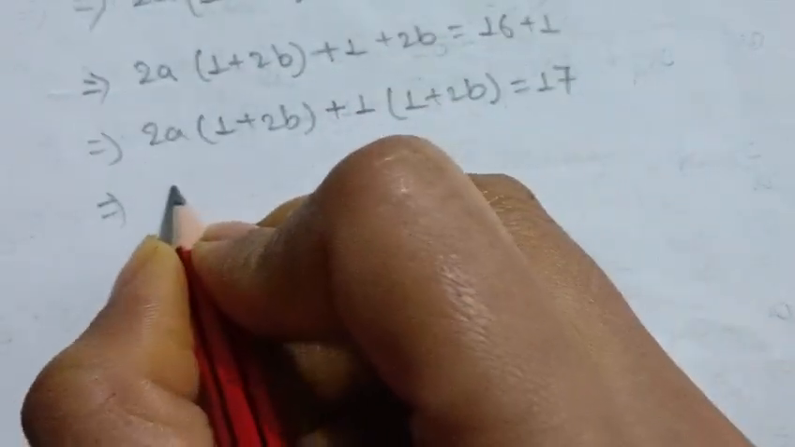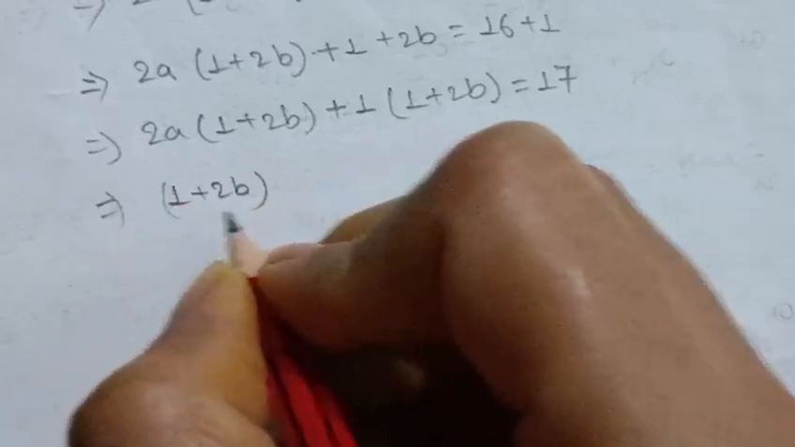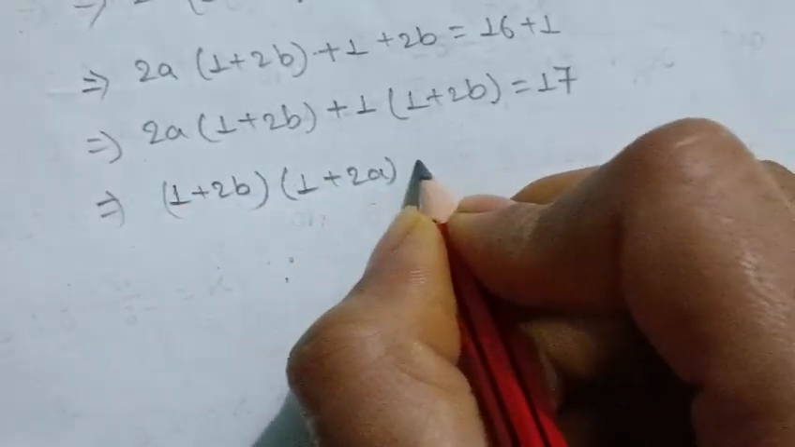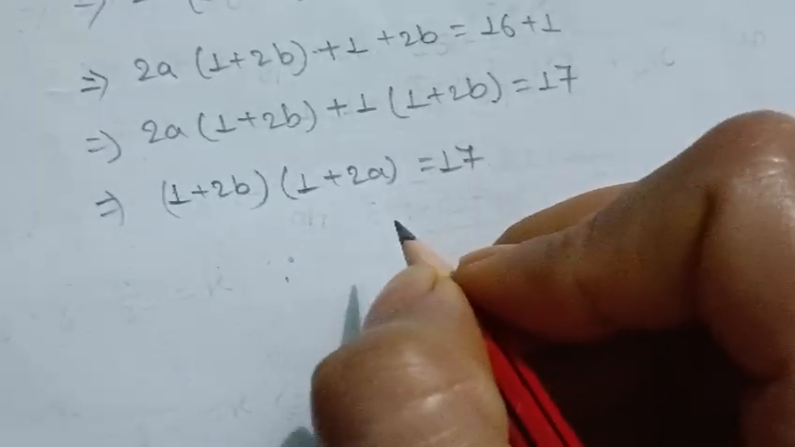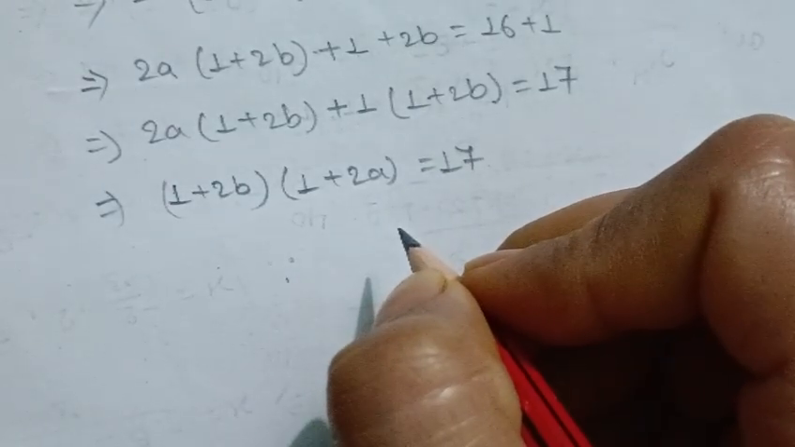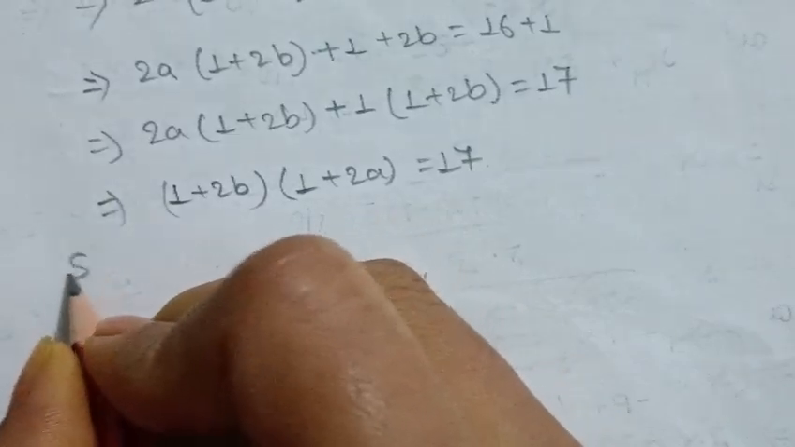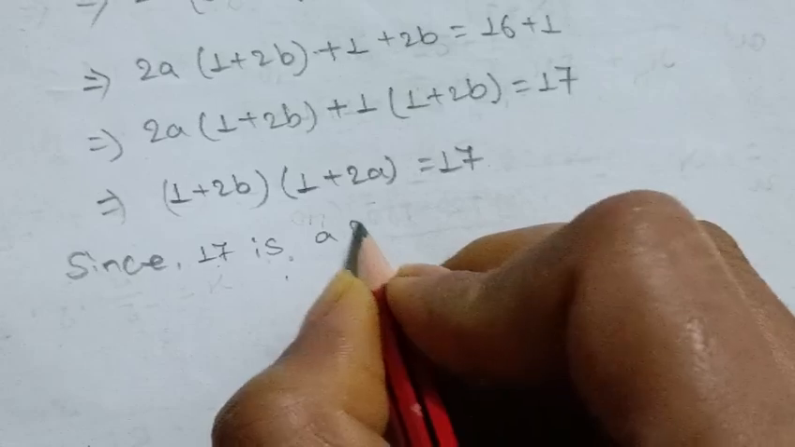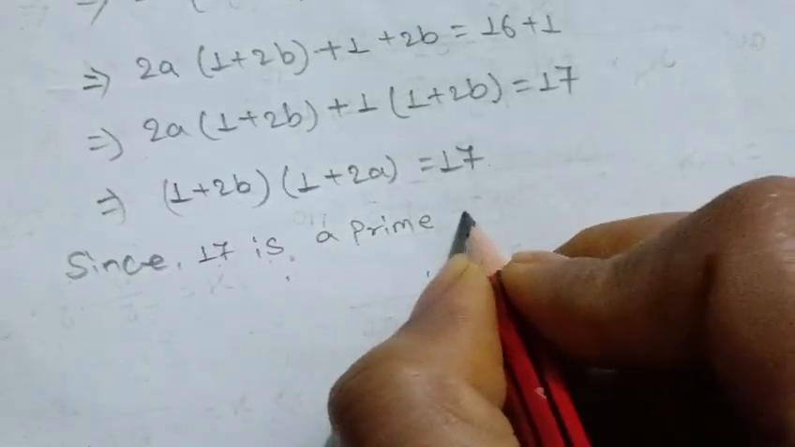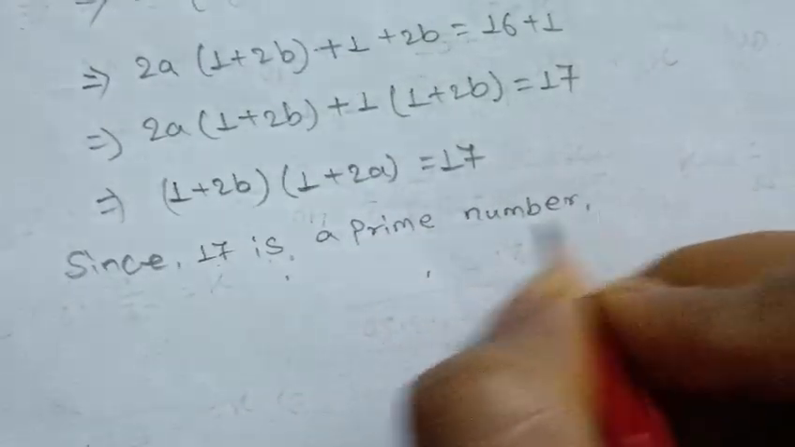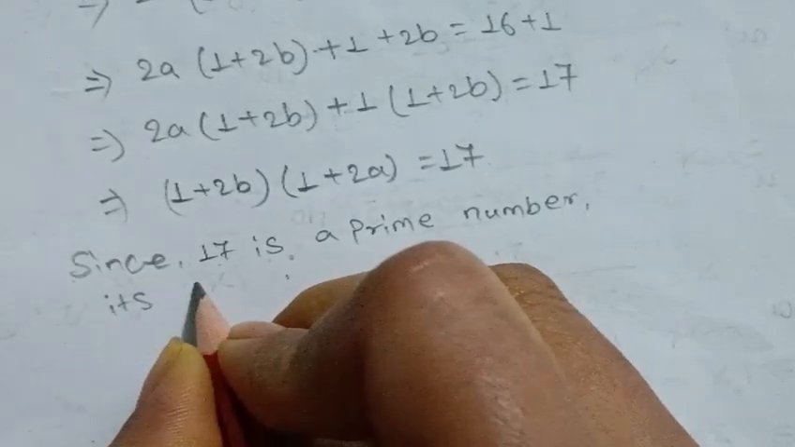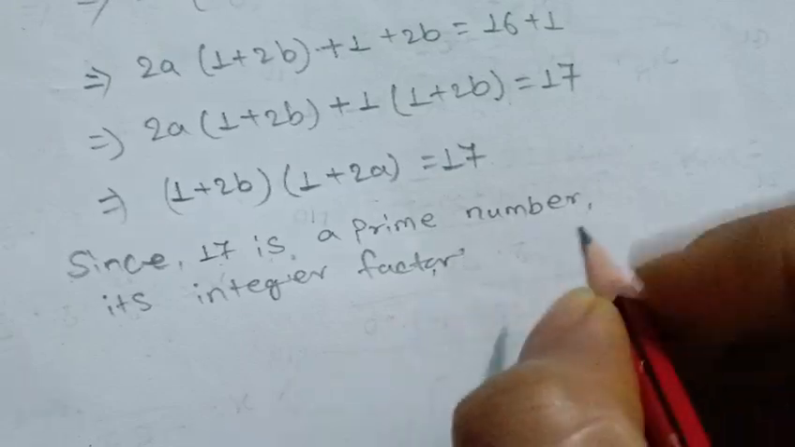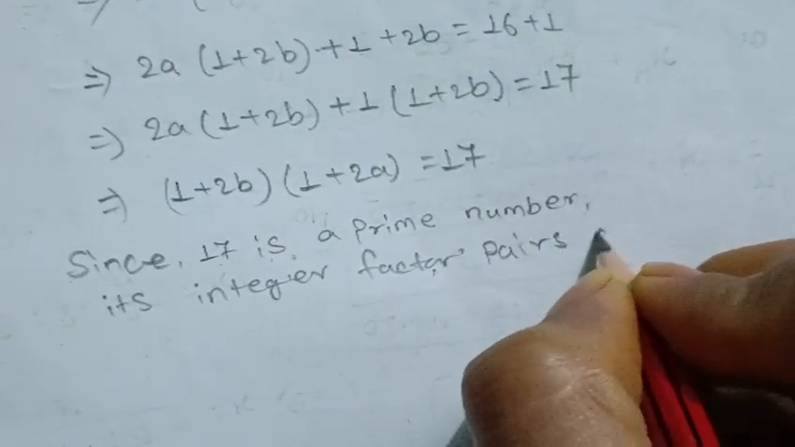Now take common (1 plus 2b) into bracket (1 plus 2a) is equal to 17. Now think of factor pairs of 17. Since 17 is a prime number, its integer factor pairs are